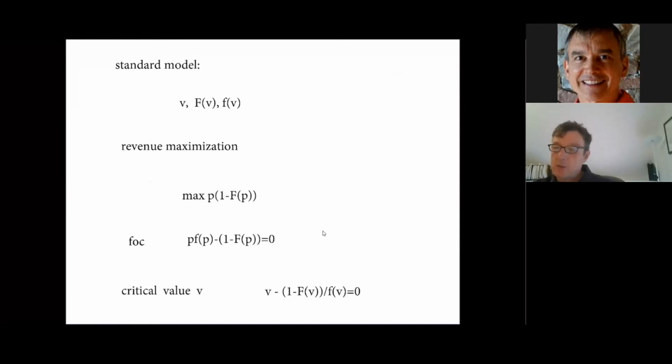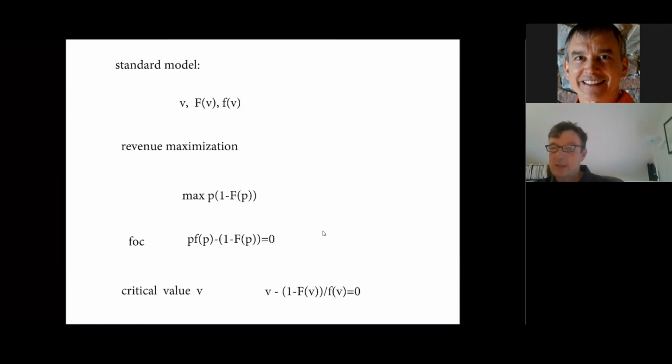If we are asking what is the optimal monopoly policy, we know by a result from Zeckhauser and Riley that the best thing we can do is always to charge a single posted price. So if the consumers all have unit demand for the object, then the best thing I can do is to try to find a price which maximizes my revenue.